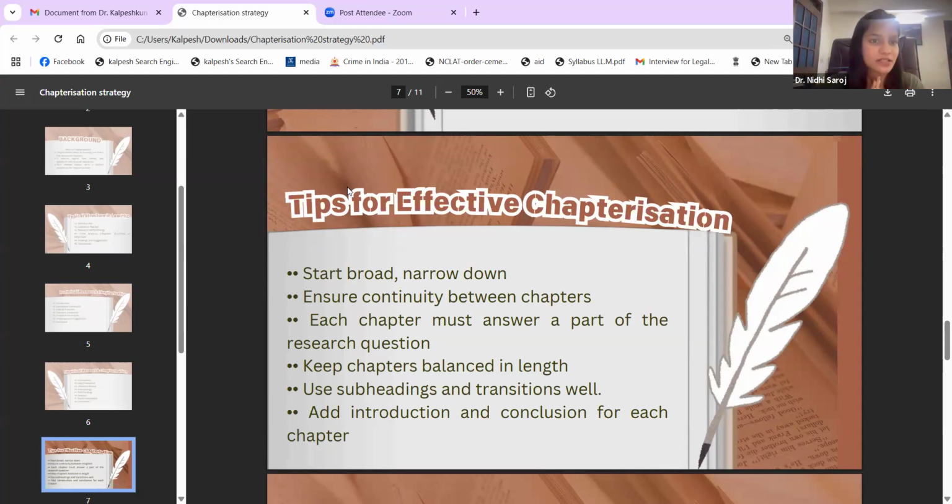Now I am deciding what chapters I am going to do. So introduction, I told you what would be the content. Then another chapter that I'm going to have, because it is about parental incarceration, would be on parental incarceration. But here I have not decided whether it will be on legal aspects, parental incarceration and the criminal justice system, or parental incarceration and the prison system. So I have not decided. I have just broadly decided that these are the areas. Common sensically also, you can think, if you focus on your title properly, you need to divide your title. And this division should also be in alignment with your research objective and research question.